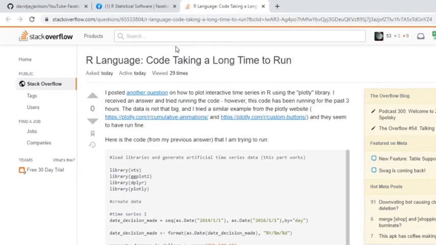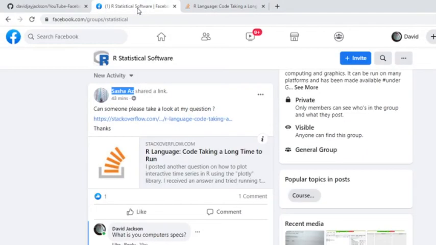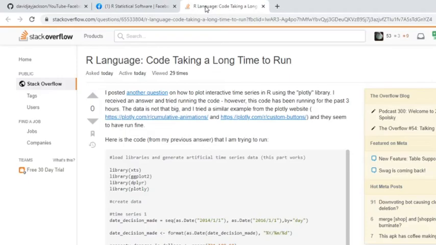This is the problem from Sasha Az right here. He has written a long series of code. He's claiming that it's taking way too long to run, okay? What I'm going to do over here is